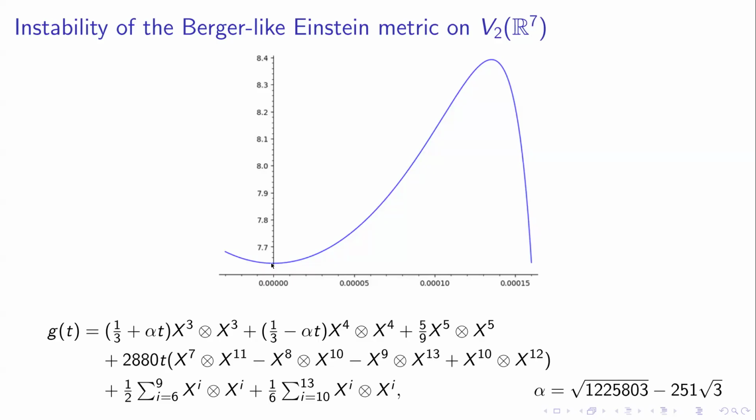It is complicated because here we have the sedenion Einstein metric. And if you do not do the computation carefully, you can miss this local minimum and only see this maximum. So this is the complicated part. But once you have the deformation, you can discard this metric as